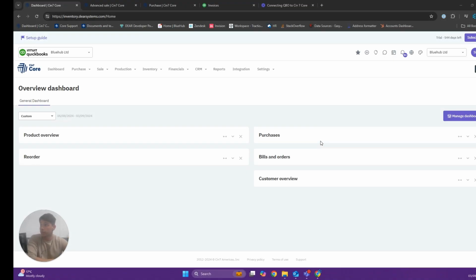Sean from Blue Hub, and today I wanted to walk through the use of the QuickBooks integration, so how to configure it and how to then use it, and roughly what it will look like when you are using it